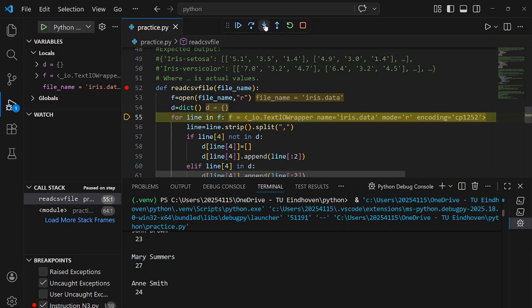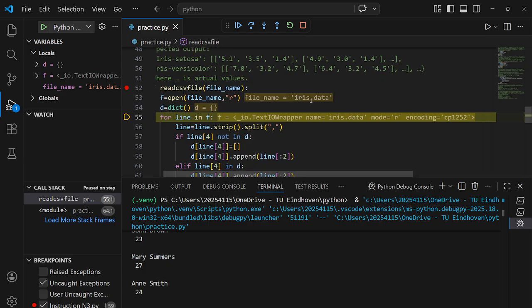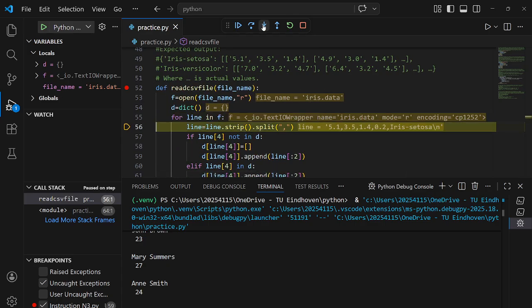For I in F, okay, so it does work. There is a hard break at the end, so we want to get rid of that. But do we? Because if we get rid of the hard break, then